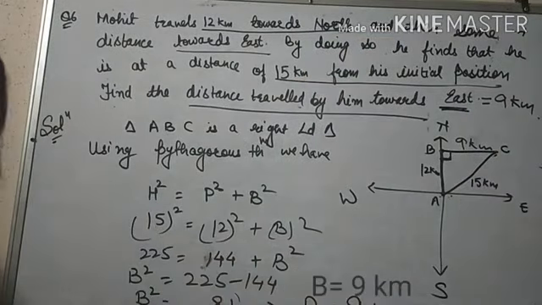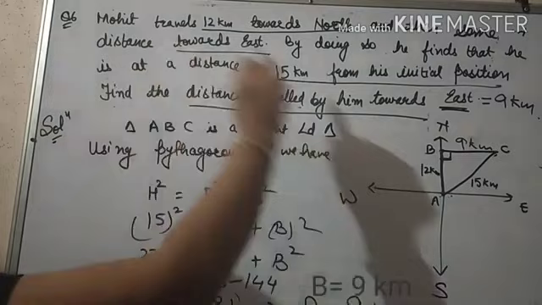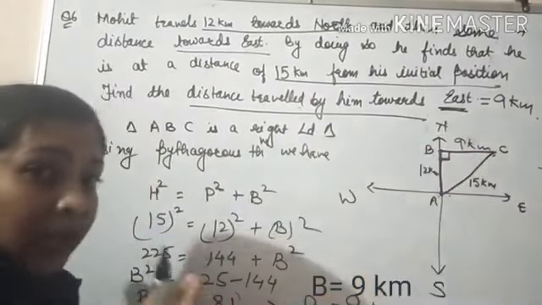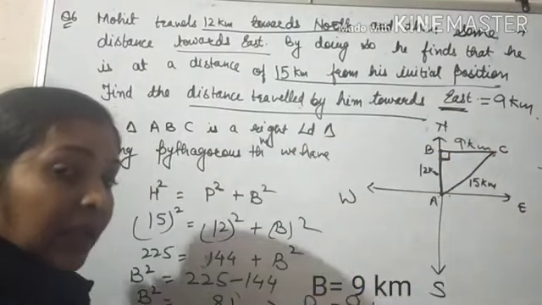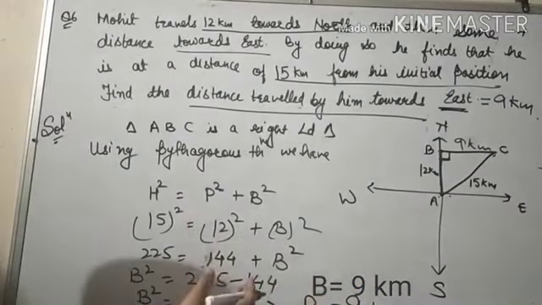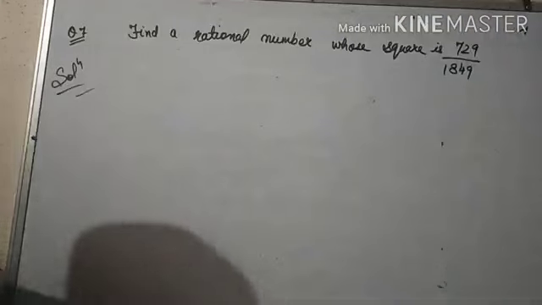That solves our problem. In these type of questions, you have to make the diagram. If you make the diagram directly, then it is very easy. Why? Because you have to just use Pythagoras theorem in this problem.